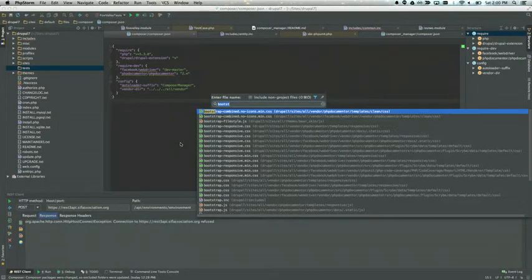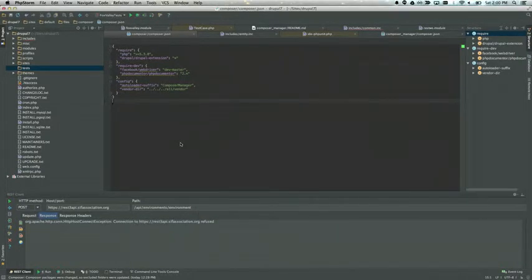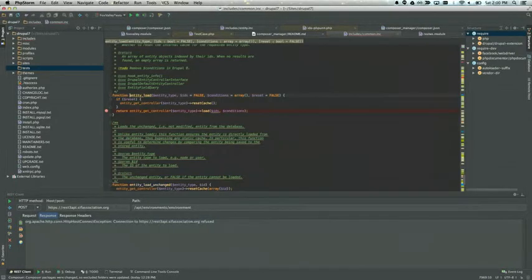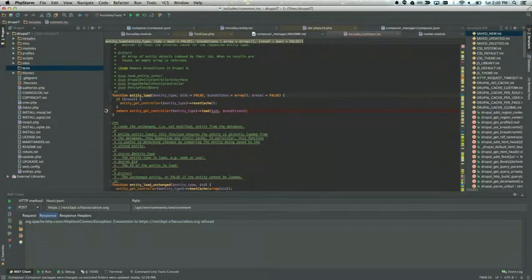I'll go to entity load. Now my breakpoint is set up there. It's hard to see here. That's the phone. Make sure it looks green there. So now it's listening.